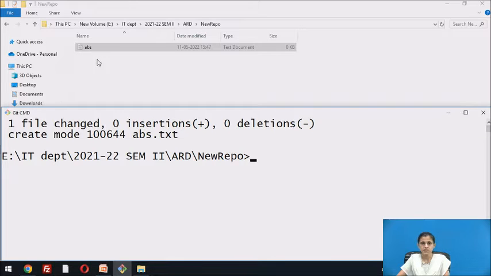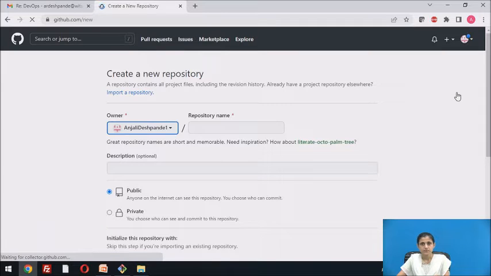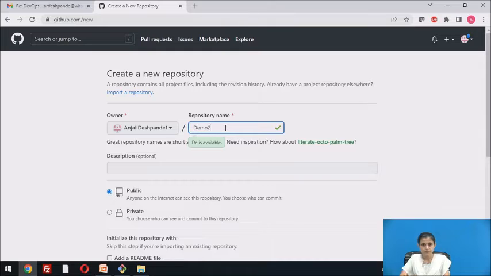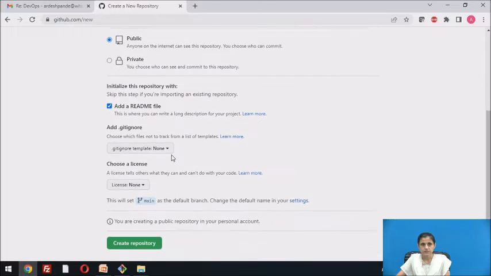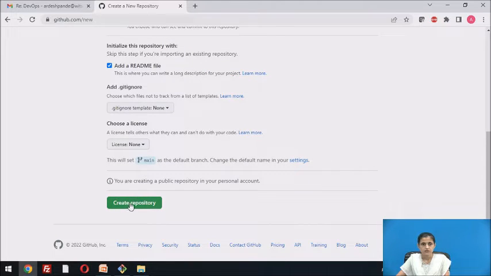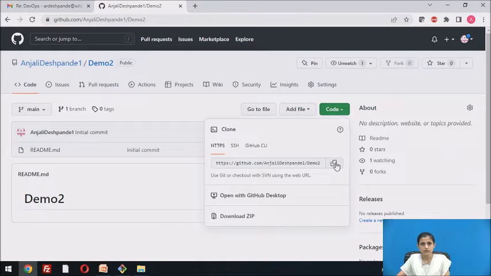I want to push the changes from this local repository to the remote repository. So sign in to GitHub and then create a new repository. I will create repository as demo2. I want it as a public repository. I want to add a readme file, create a repository, copy the URL of the repository